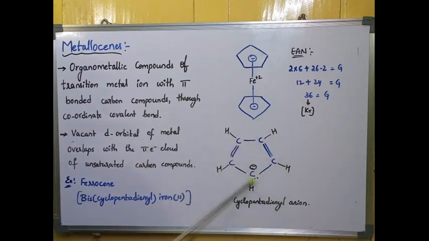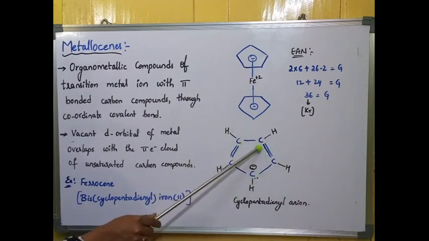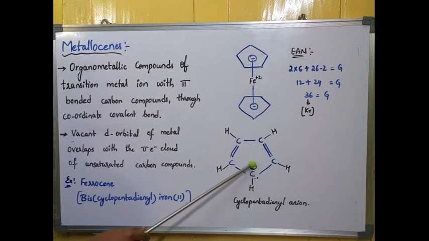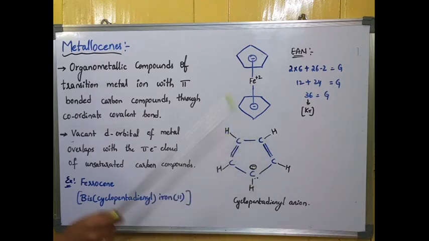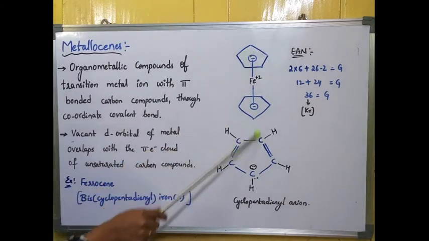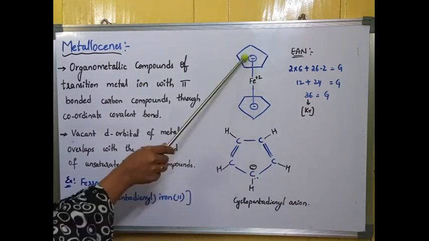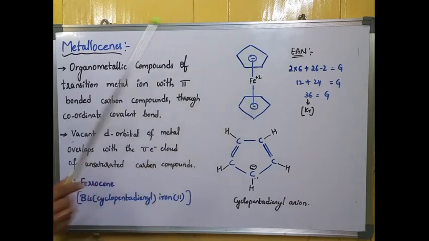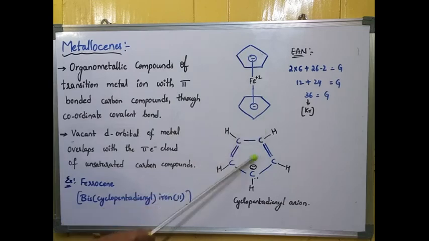In this ring you can observe there are 6 electrons. This pi bond indicates 2 electrons, this pi bond indicates 2 electrons, and the negative charge along with the carbon gives 1 more electron. Carbon valency, you already know, is 4. So it has 1 more electron with it, and the negative charge together indicates 2 electrons in this ring. Totally 6 electrons are present in the ring. This entire double bond formation can be represented with a round symbol in the ring with a negative charge at the center.